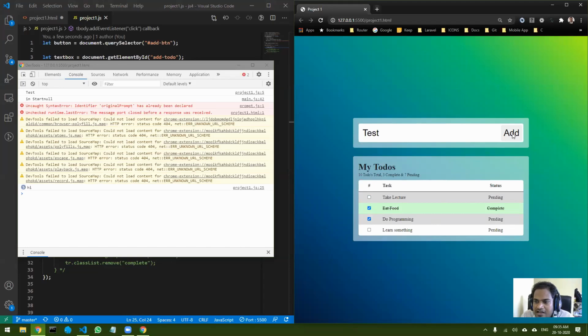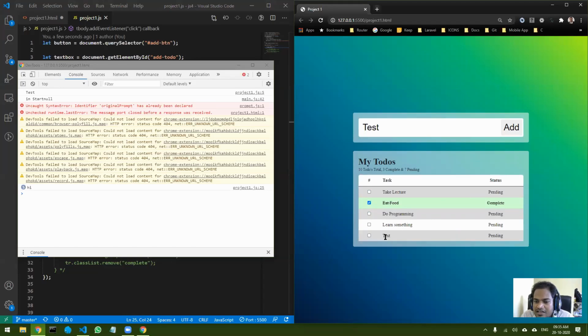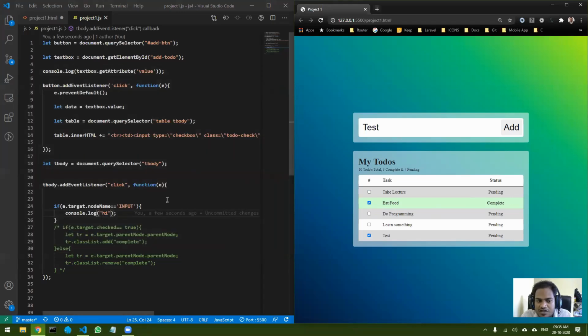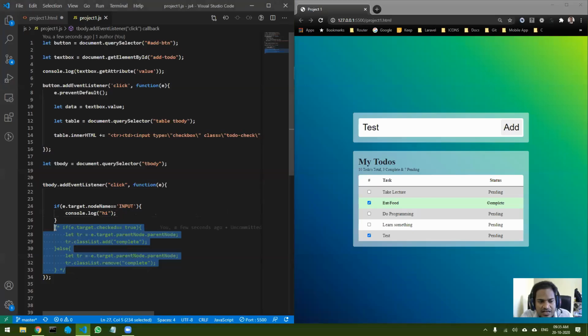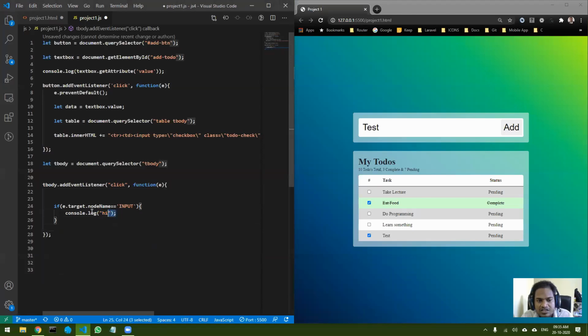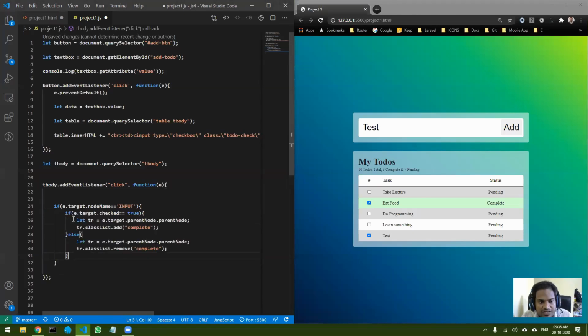Now let's add another element. So I have added another element, test, and now if I click, you can see the hi comes again. So that means the live DOM is working. Now the only thing left is whatever we have commented out, we just have to bring it live. So we will select it, uncomment it, cut that particular code, and instead of console.log hi, I will paste this over here.